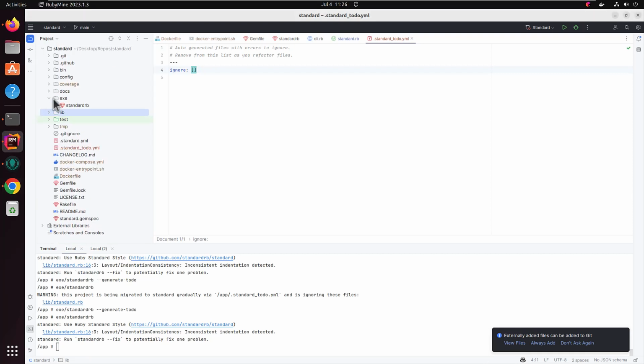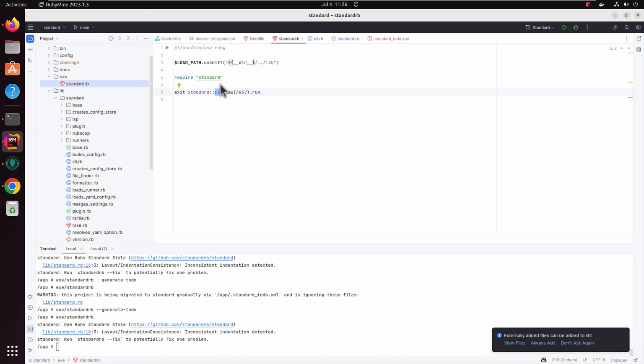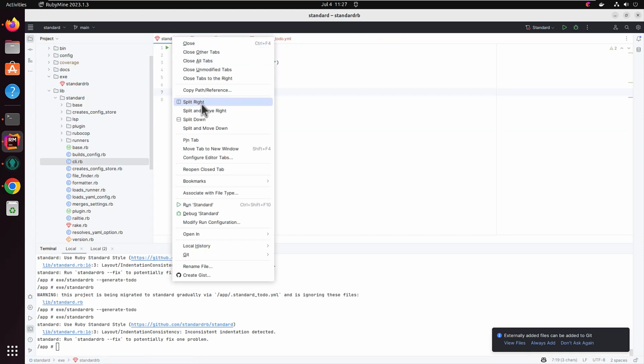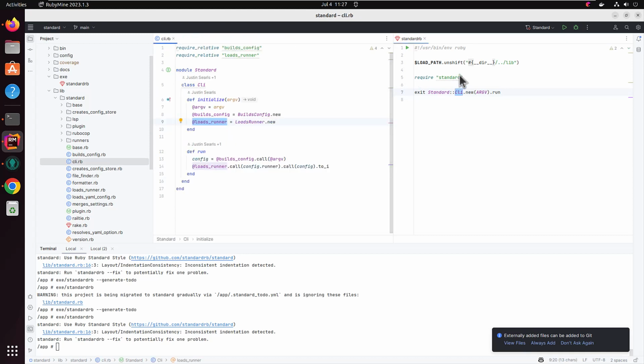So if we run the exe, it's going to run standard CLI. I don't know, maybe this has been updated since I last checked. So standard CLI. So that's this. So you take the arguments. All right, so there's where it builds the config. And then it loads the runners. Or sorry, this is where it loads runners.new. We don't need you. Let's just put you over there. Okay, so